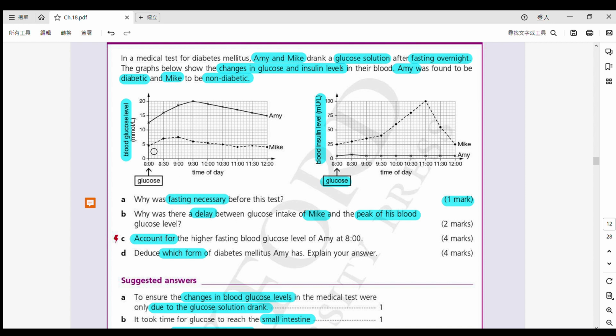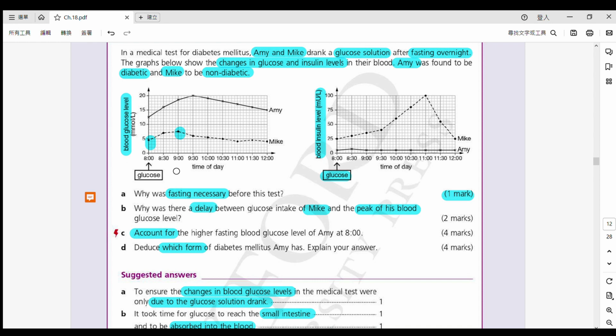your glucose intake? So he intake this glucose at 8 o'clock. 然後啦個 delay 係指乜嘢啊？係除咗個 intake 之外，就係個 peak of his blood glucose level. So this one and this one. So why is there this delay? Why is it not immediately? 點解唔係即刻發生嘅咧 ？Okay? So the reason is, just like what we have talked in the previous video 啦，咁就係原因就係 first of all,